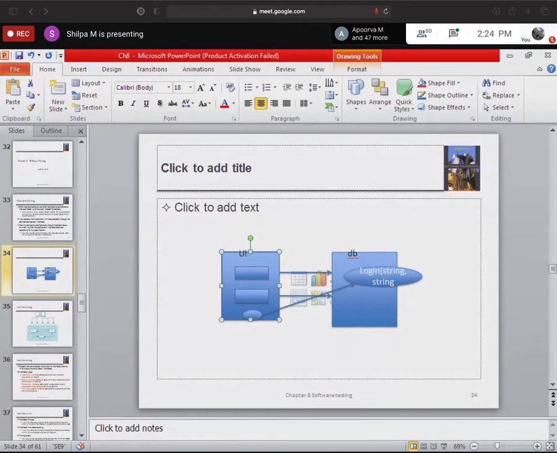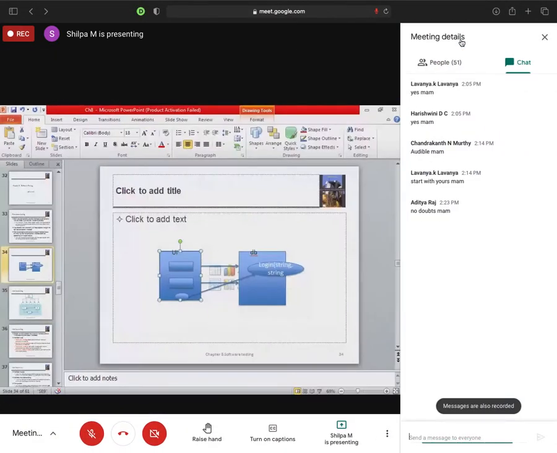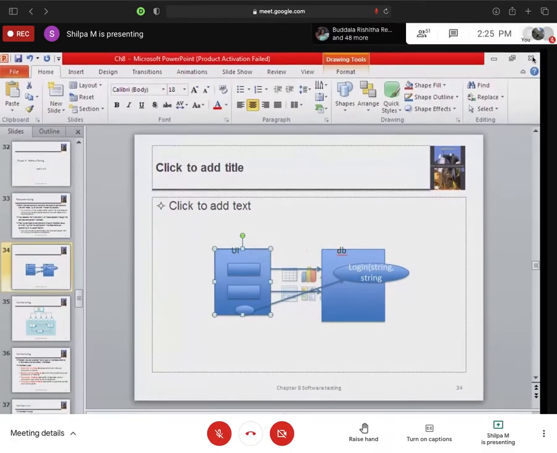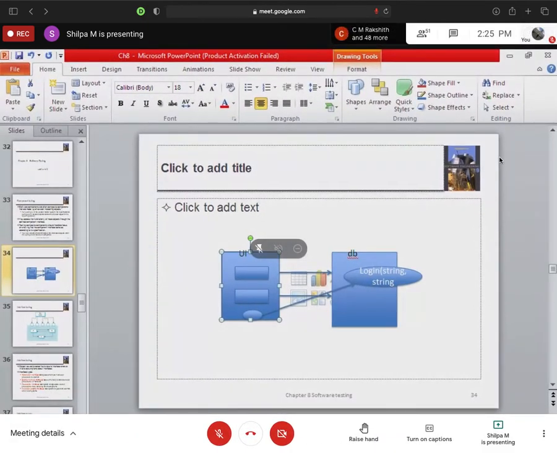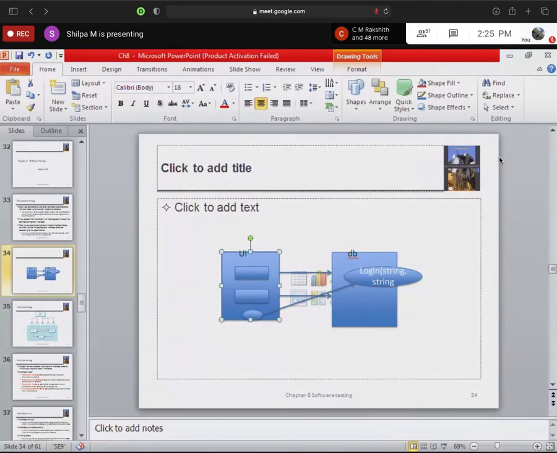No doubts, right? Why do we do unit testing first and then go to component testing? Guys, are you sleeping?